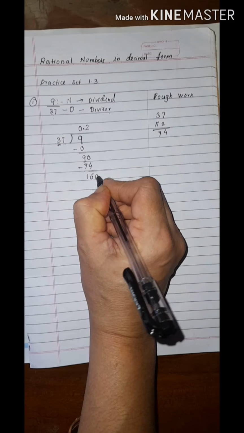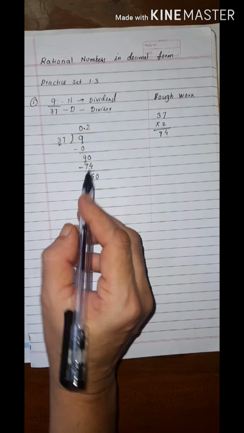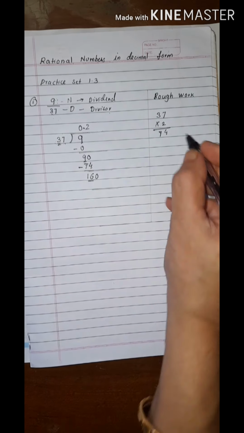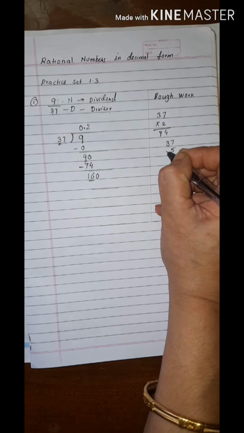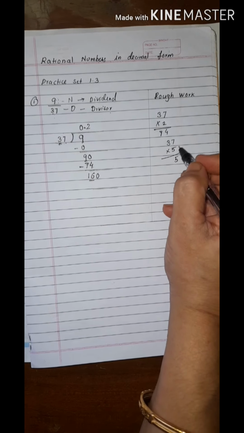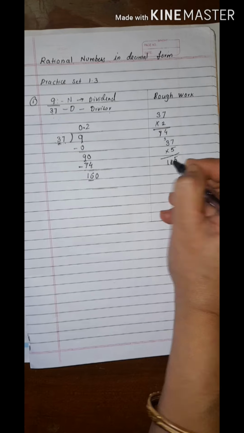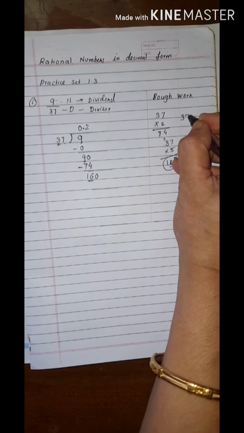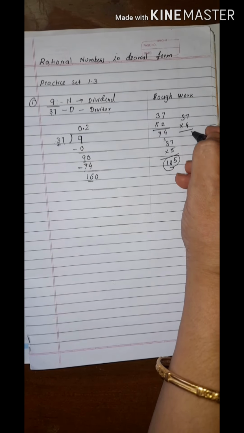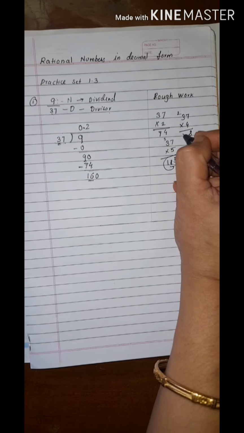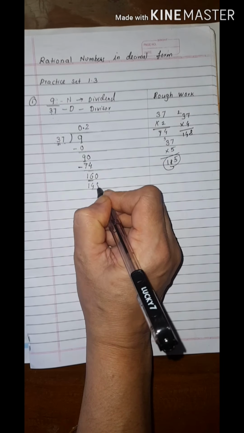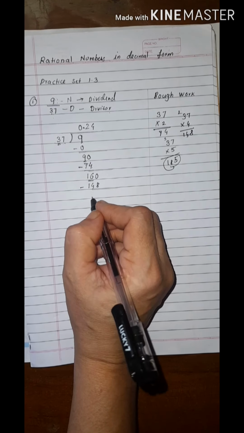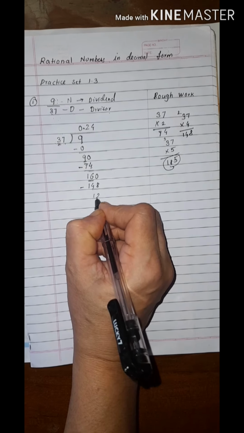Now again put 0 here. Let us do the comparison again. 3 and 16. 3 5s are 15, right? So let us do 37 5s. 5 7s are 35, 3 carry. 3 5s are 15 plus 3, 18, so 185. This number is bigger than this, right? So what will you take? 37 4s. 7 4s are 28, 2 carry. 4 3s are 12, 13, 14. So it is coming 148. So 37 4s are 148. Subtract 160 minus 148, sorry, you will get the answer as 12.